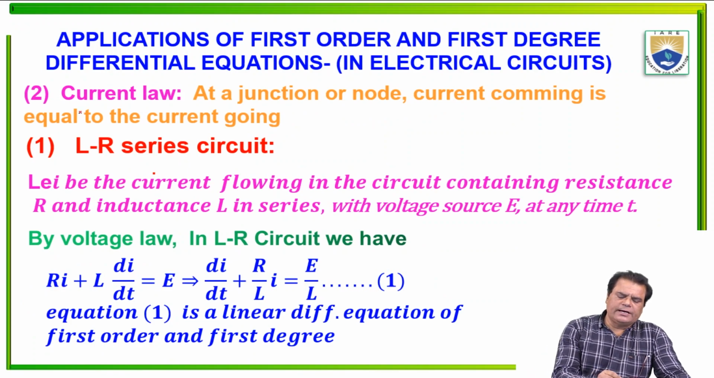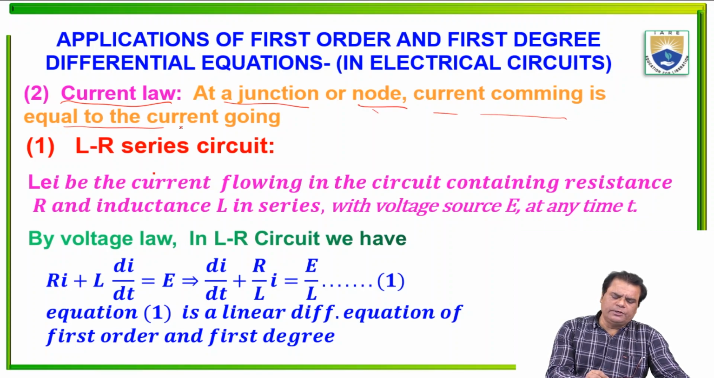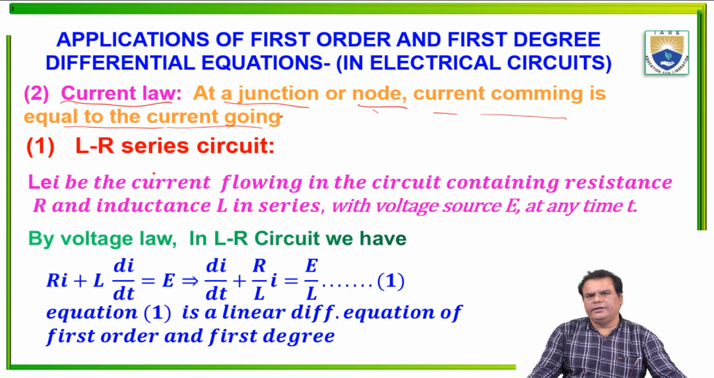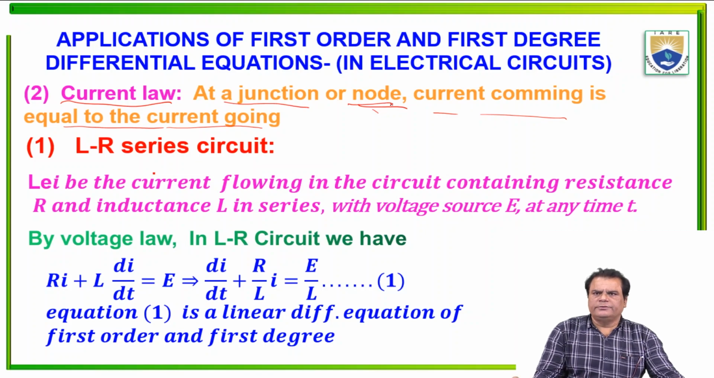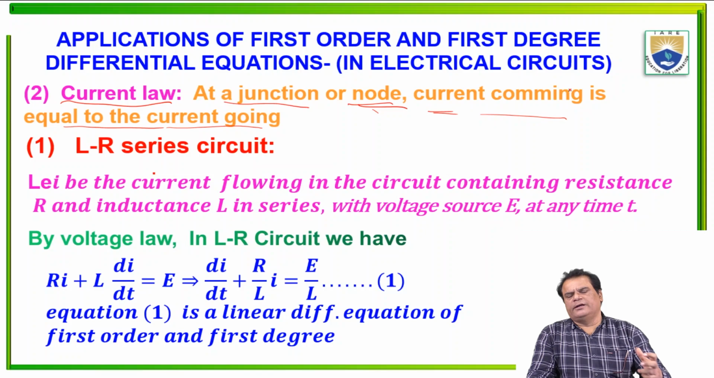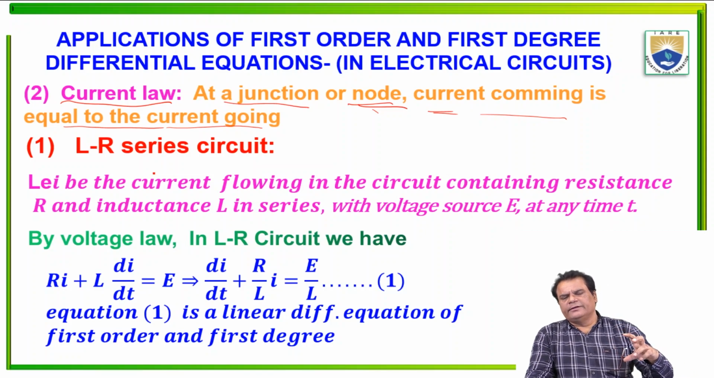Second one is current law. Current law: at a junction or node, the current coming in is equal to the current going out in any circuit. At a junction or node, current coming is equal to the current going. So basically,